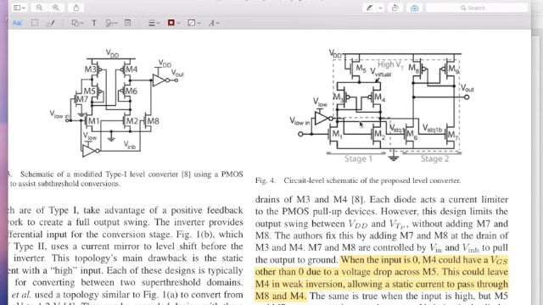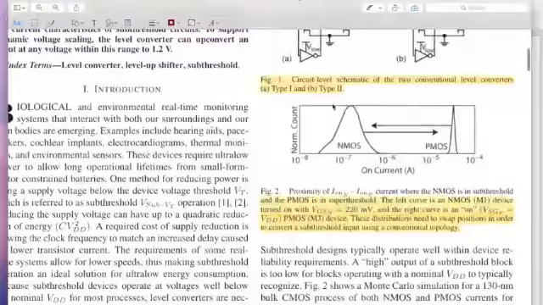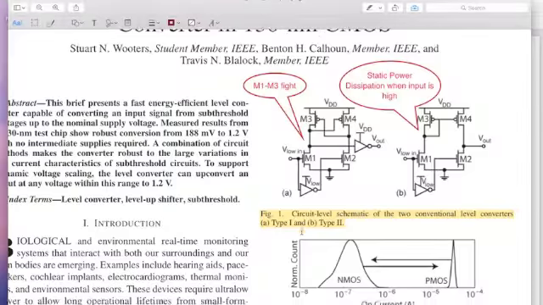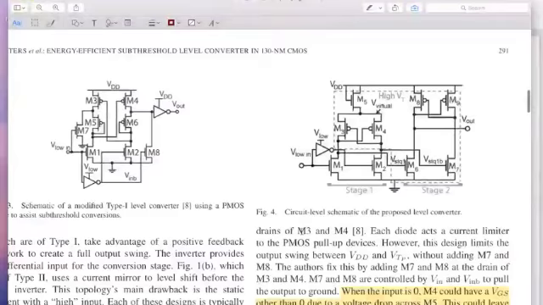So what they do is, there was another work which they reference, where basically what they do is they have a series of these cross coupled level converters. Okay, when I want to go from say 200 millivolts to 1 volt, I will have multiple of these same topology, the simple level converter which we saw before. You will have a cascade of them, but each one will be using a slightly different power supply, higher and higher supply, so that progressively you do the level conversion and you don't have this problem of having to overcome a very large voltage difference. So that is again not very practical. I mean, conceptually it is fine, but not very practical because of having to supply all these different voltage levels